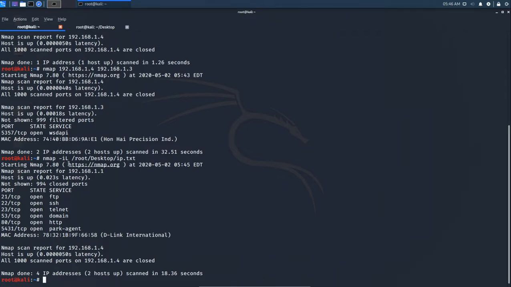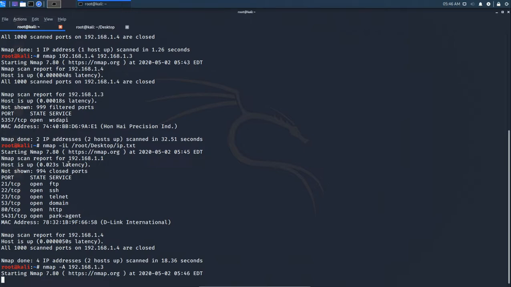And if you want to know about version detection or something else, then you need to mention the -A flag. So let us give it a try and see what the -A flag gives. I think it will give the version of the machine that IP address came from and the services that are running on that IP address. So wait for the result and see what we will get.